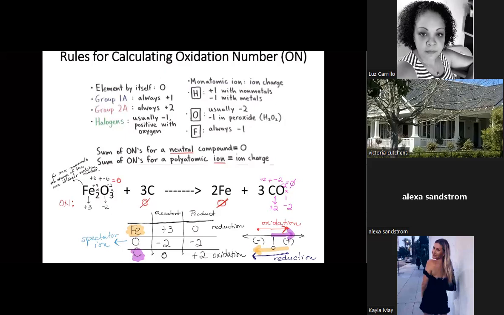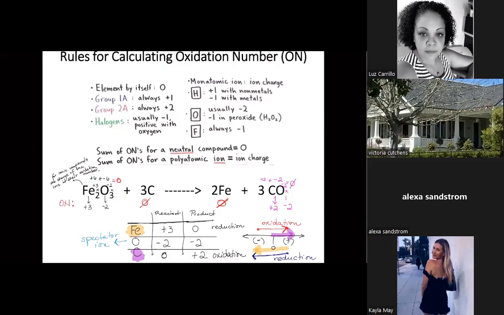Like, okay, I'm just seeing what you guys are doing. I'm just here looking at the action. It's a spectator. So this is how you assign the oxidation number for the elements in